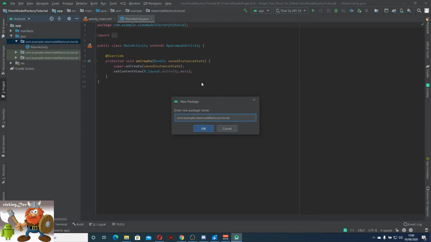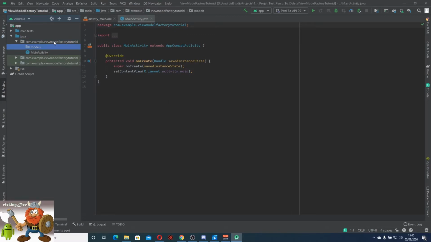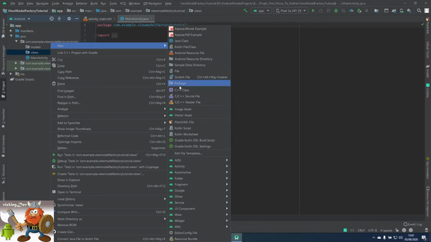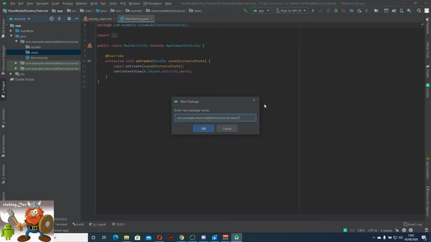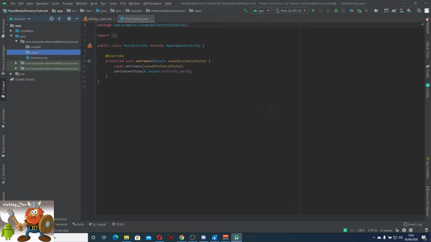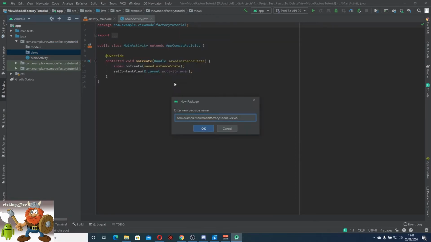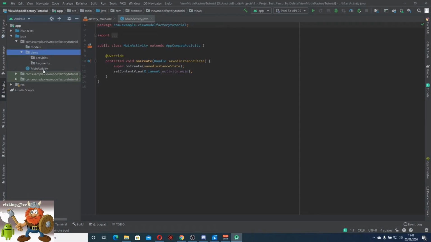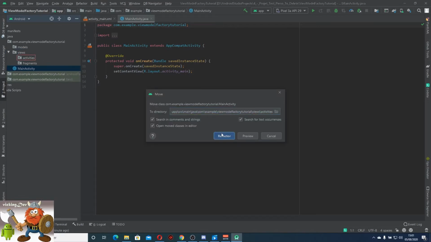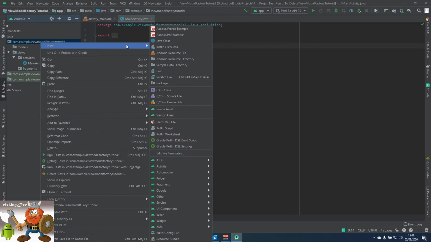It's important to arrange your package. So models, views, inside views, fragments, inside views, activities. Okay, auto main activity in activities. Okay, right. So another package,